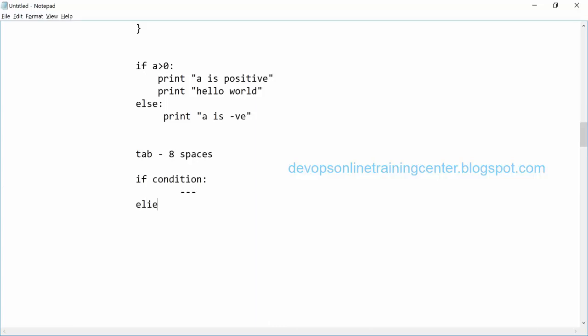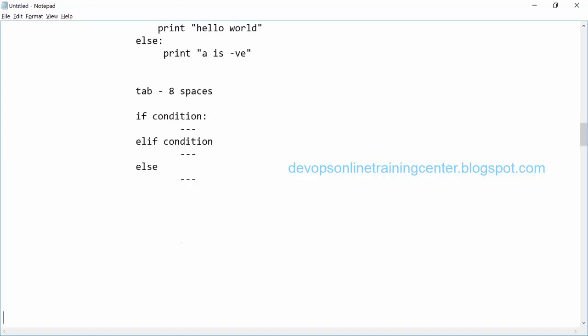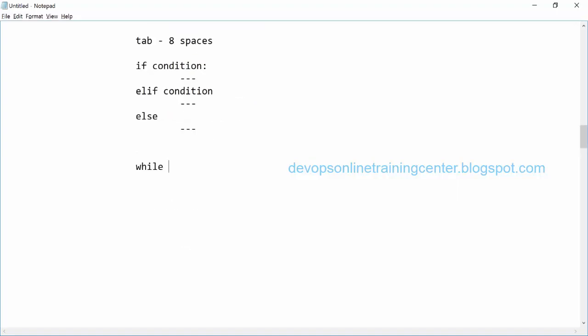Elif, condition, then the statement. Then the next thing is else. Else, then the statement. So this is the syntax. In a similar way, while, condition, colon, tab. We need to initialize before that. So we need to initialize the variable. Let us say A is equal to 10. This is the initialization.